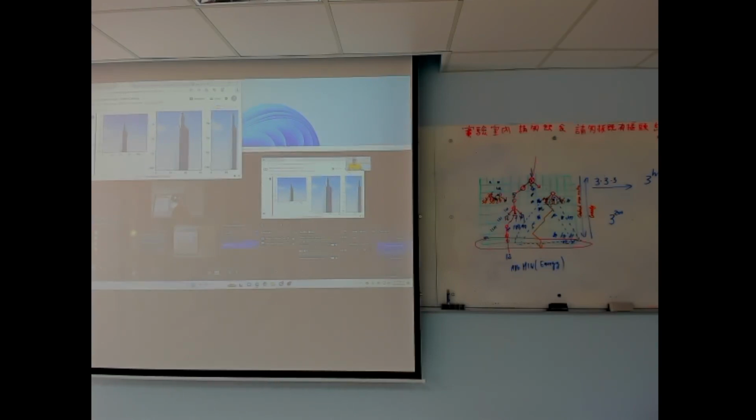Because I only, this one is actually better. It's only because I only carve the columns out, so now it's stretched. So if I want to do that, I should